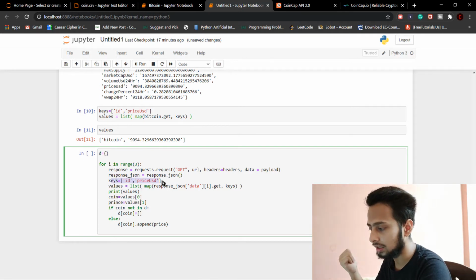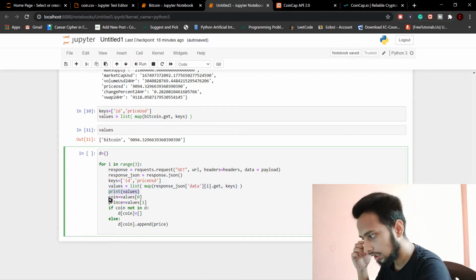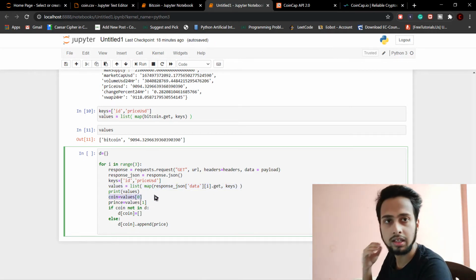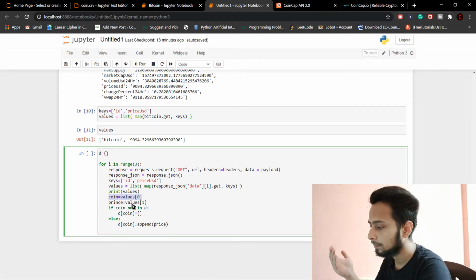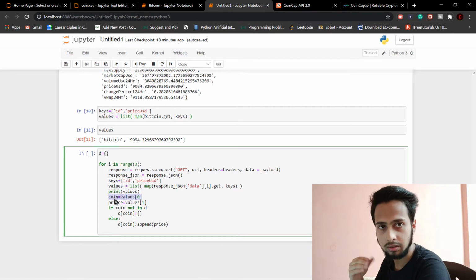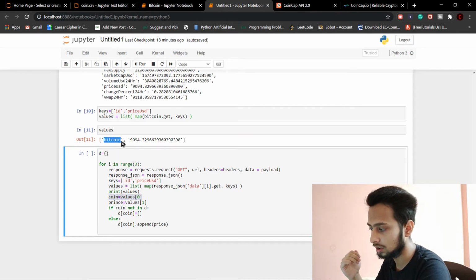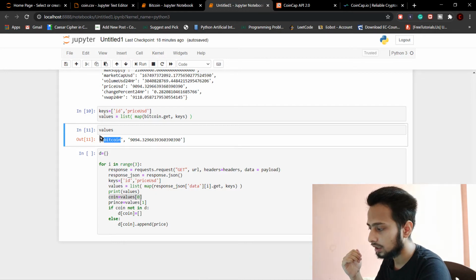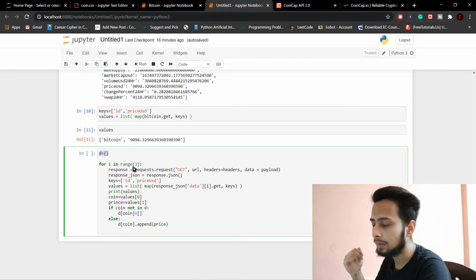And then key is equal to price, ID and USD. We want ID as well as USD. And values, we simply get the values, and then we can print the values. And then coin is equal to value of 0. We get the coin in the variable named coin. Here is the name of the coin, like Bitcoin, because it will be here, like you say it is the 0th, and this is the first index, so the value will be in value. The coin will be inside, Bitcoin, and the price of this will come to our price variable.